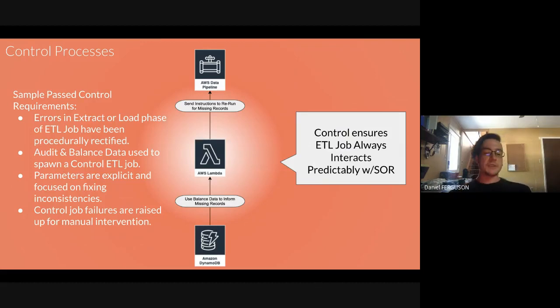But now you can start to see how complicated this can get, because in order for control to work, you have to have collected all of the data that audit and balance collect throughout the DQM job. And you really need to know exactly what information you want in terms of ensuring your data has a high quality before you can start running control processes. Otherwise, you'll just be rerunning the same ETL jobs over and over again, or you may never run a job at all.